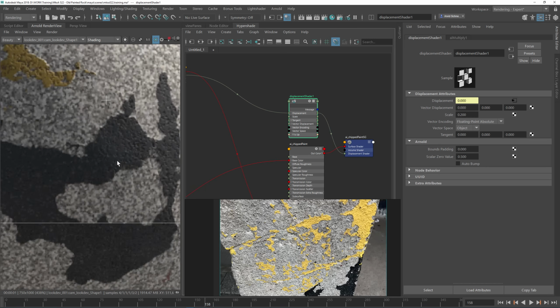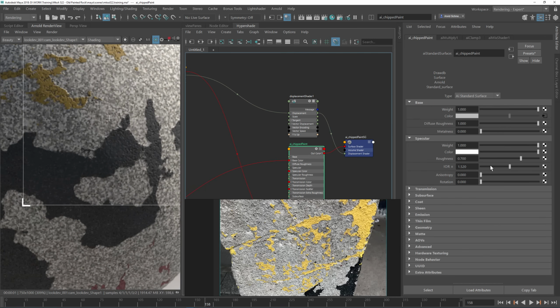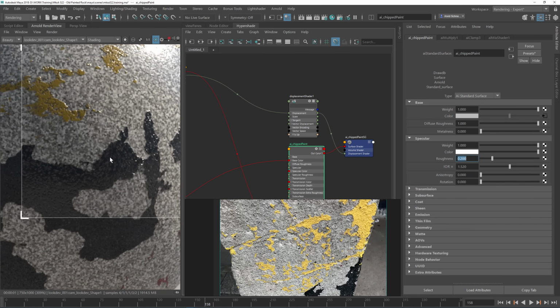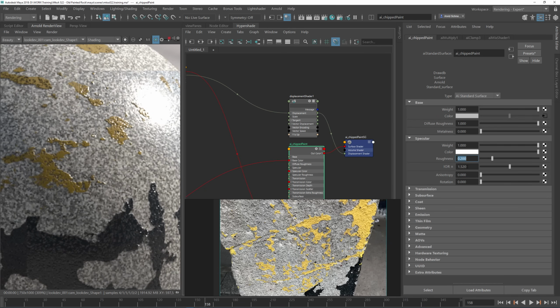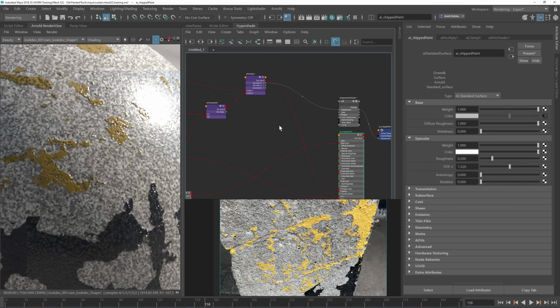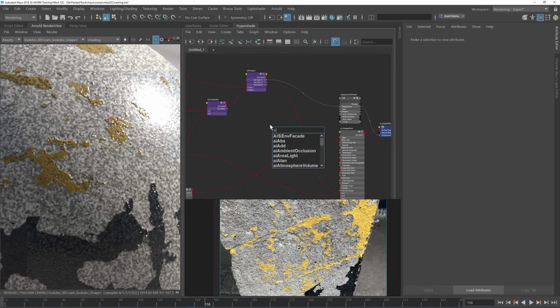Okay, so now you can see we get these dents back, and currently we have a very high roughness. So let's play this down to maybe 0.2. And now you can see we get some little shiny surface here. And this might be definitely too shiny. So what you can do as well is use this displacement map as a bump to denote